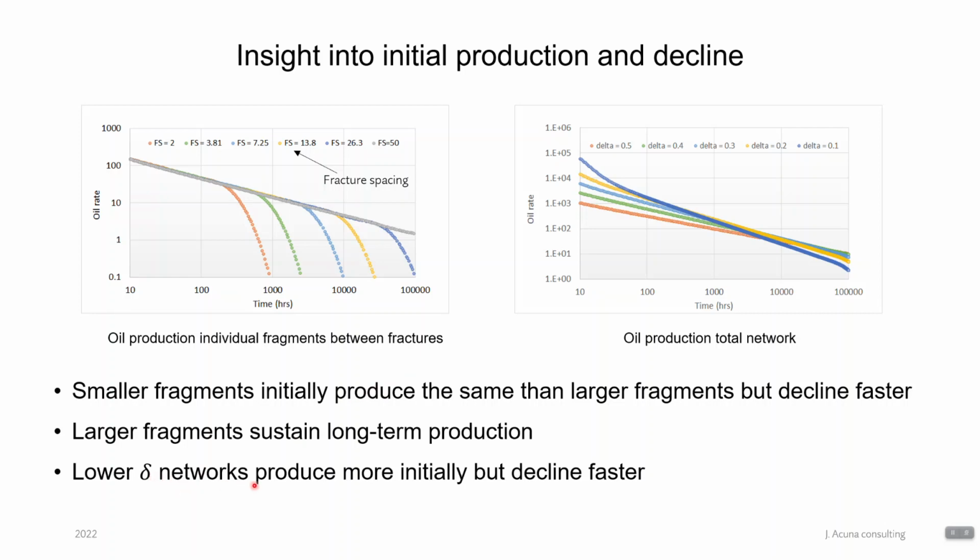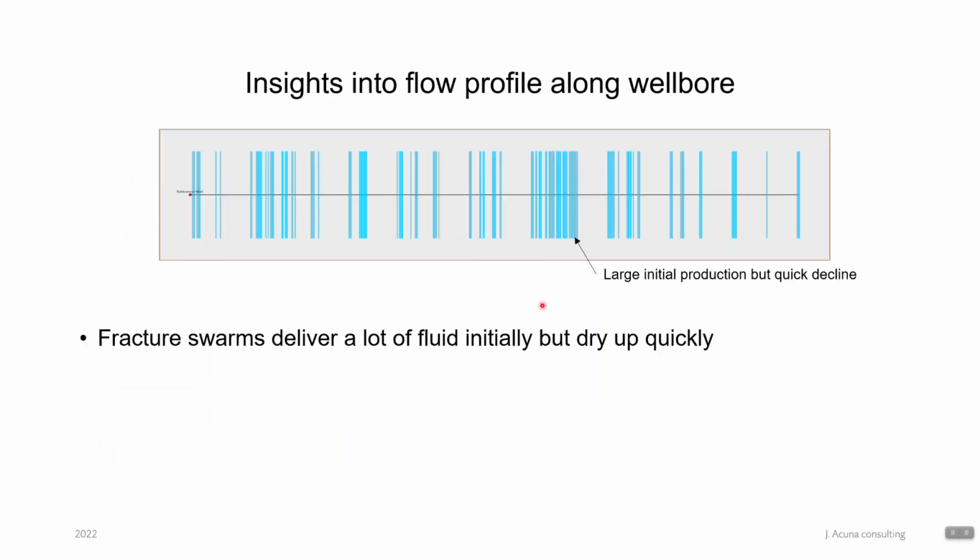So lower delta networks produce more initially but decline faster. Now let's look into the flow profile along the well. Let's say that initially I am able to run one of those production logs here and measure how much fluid is coming in at the different positions in the well. What I will find at very early times is that this area produces a lot